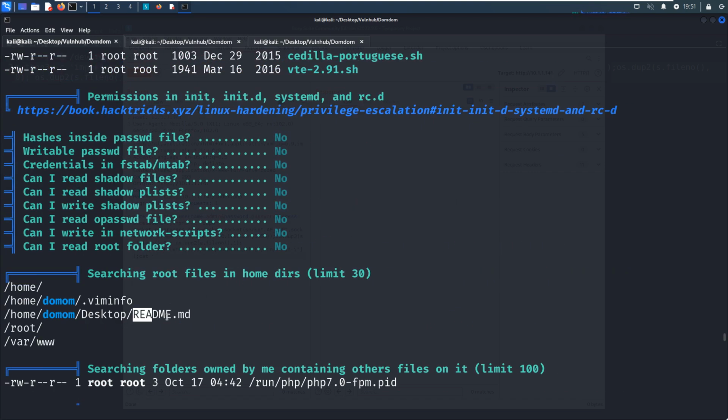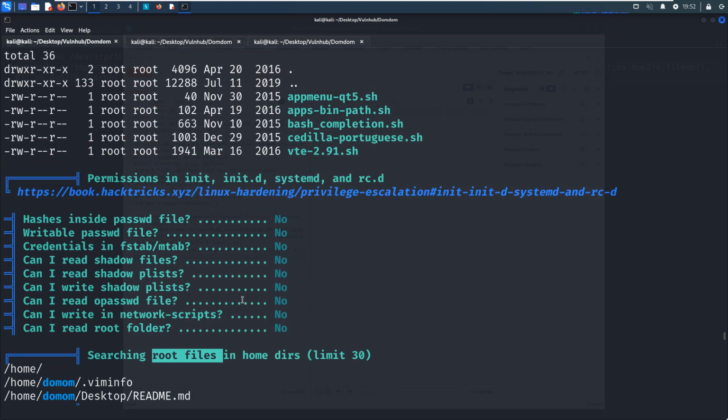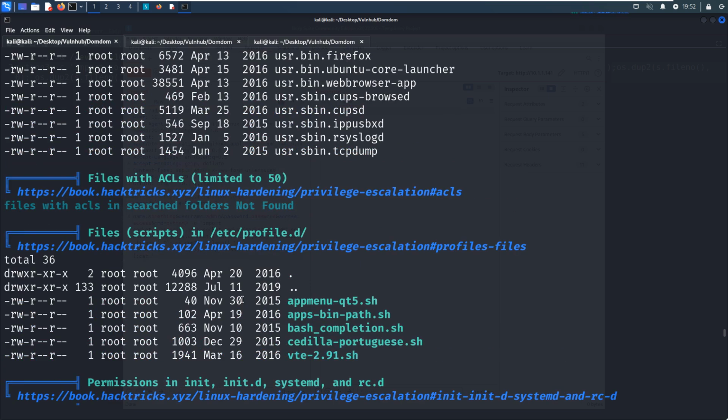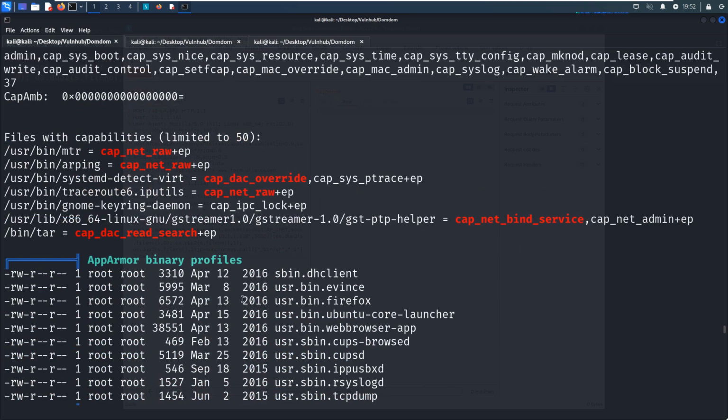So the readme, searching root files in home directories. The capabilities. The tar has the capability to read. So maybe next we can use the tar command. This is a very important command for any Linux distribution.